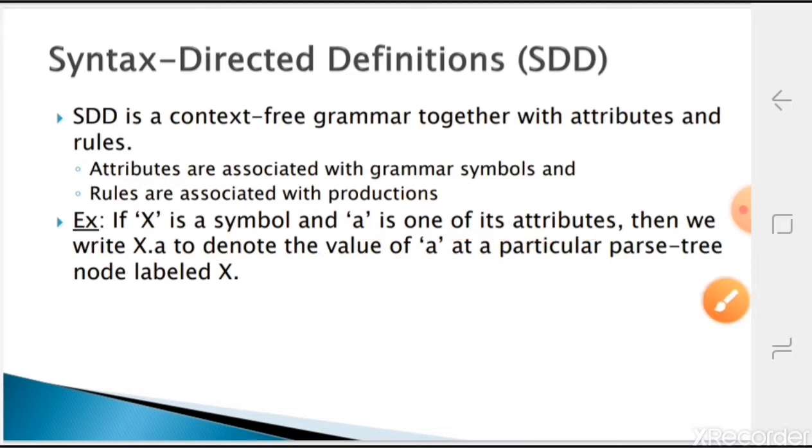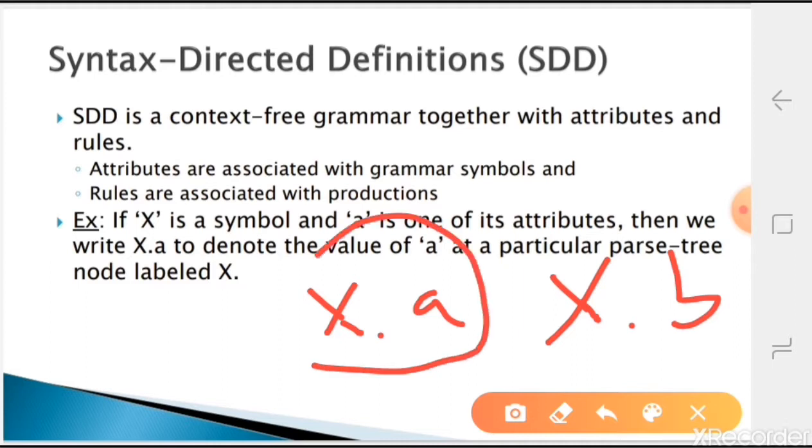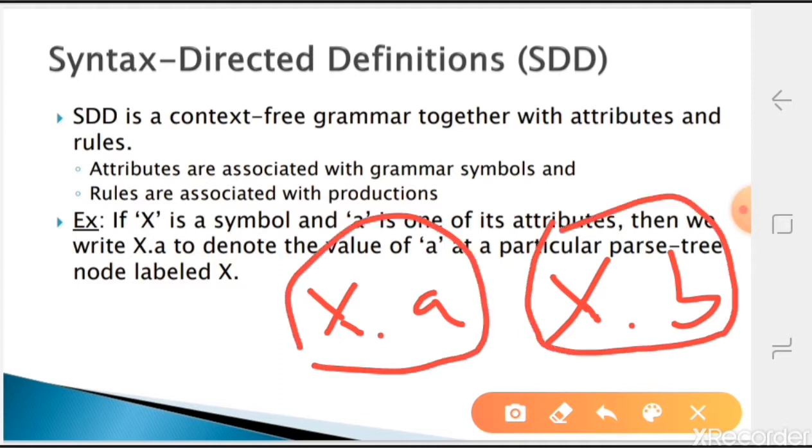Suppose I have two attributes, X.a and X.b. Then whenever the parse tree comes, wherever the X label is there, in that label I can write these two attributes. How we have to write that, we'll study in detail.